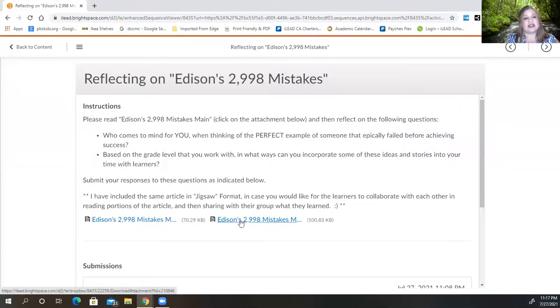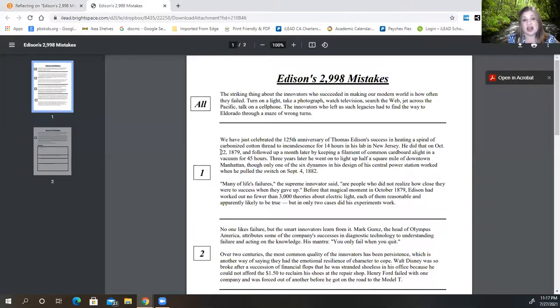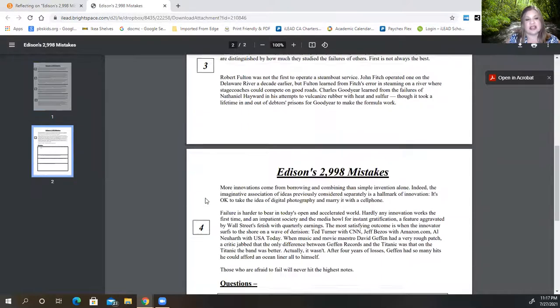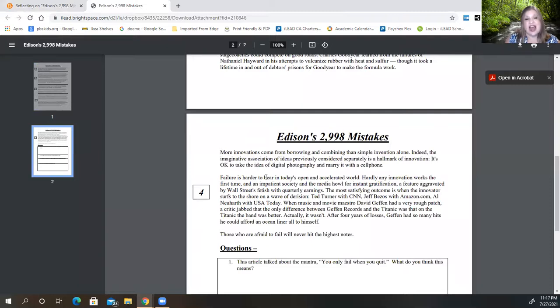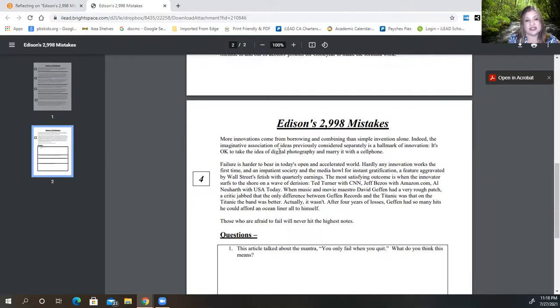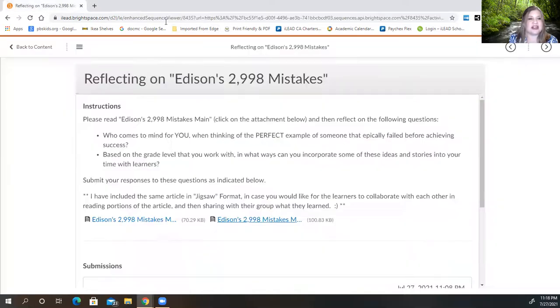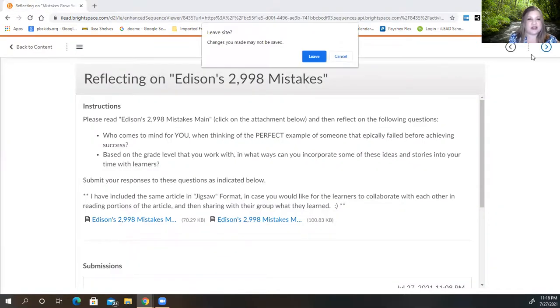Also here, I've included the same article, but it's in Jigsaw version. If you want to give this to your kids, you can number them 1 to 4 at their tables, have them each pick a section, and then talk about their individual sections together. There's questions at the end to process as well. So that's another resource for you to have. Okay, when we click to the next one,